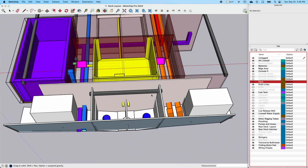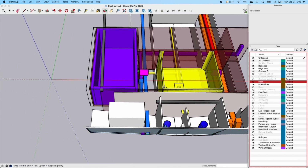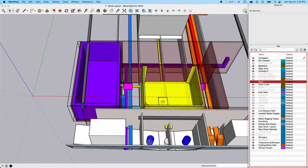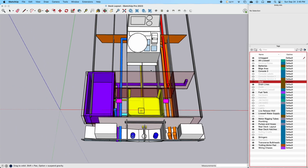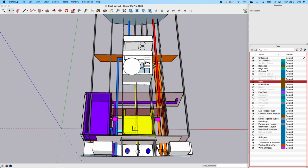So you can see the water for this live, one of those lines will go over here to this live release well and to that forward live well. Now, because I've been having power cut out, I don't know if I discussed this, so I'll do it again. I'll have one of these pumps that'll provide water just for this live well, and then the other pump will provide water, and I'll have a valve system through that access hatch we just talked about. I'll have a valve there to where I can pump water to this forward live well on the front of this console,